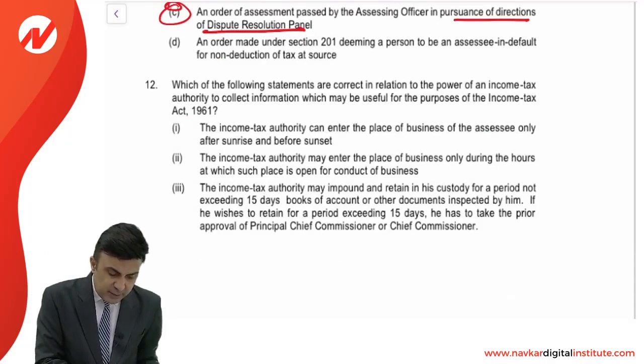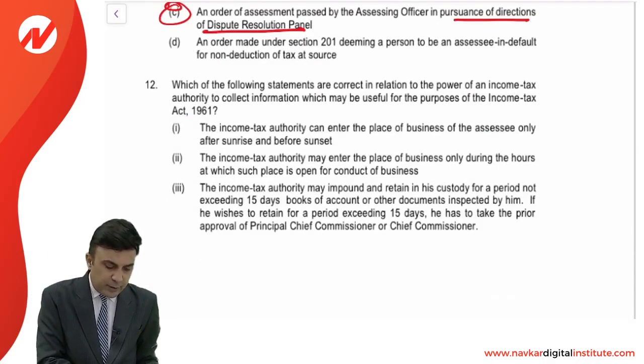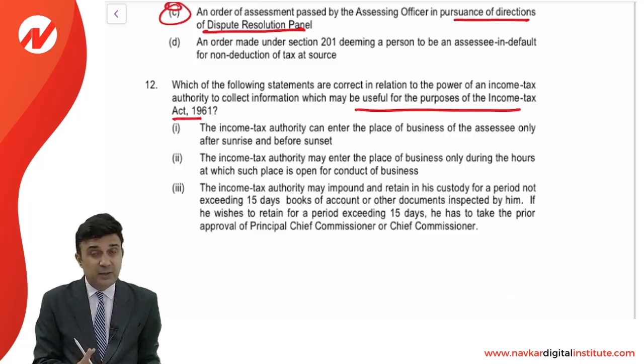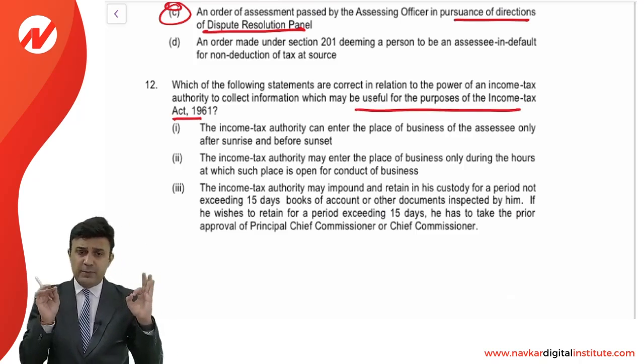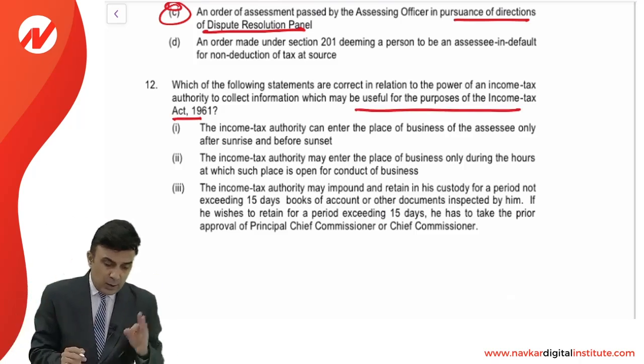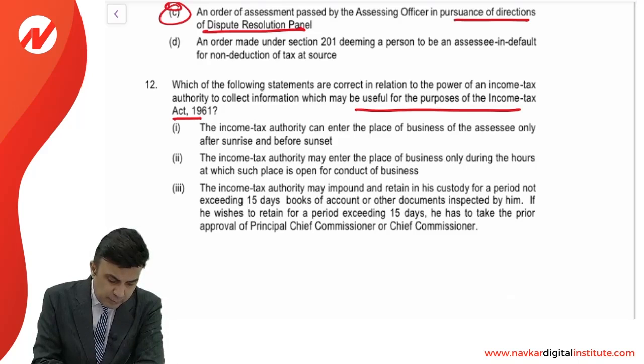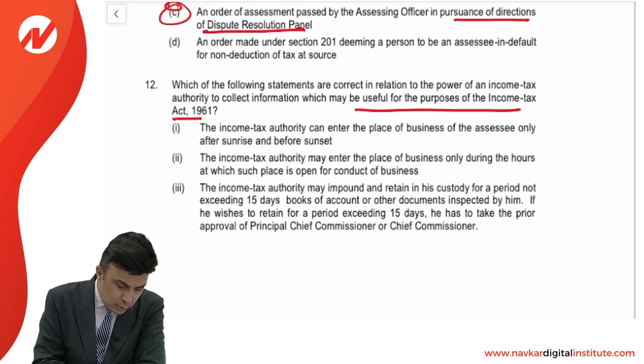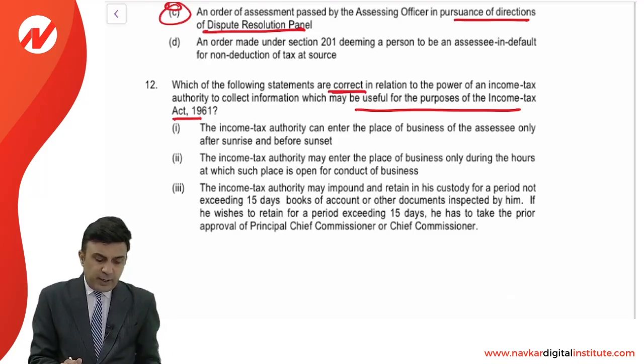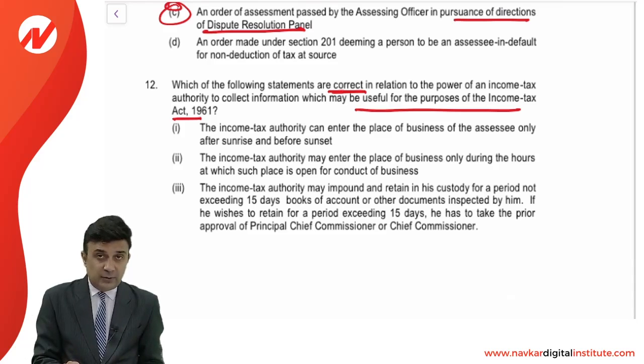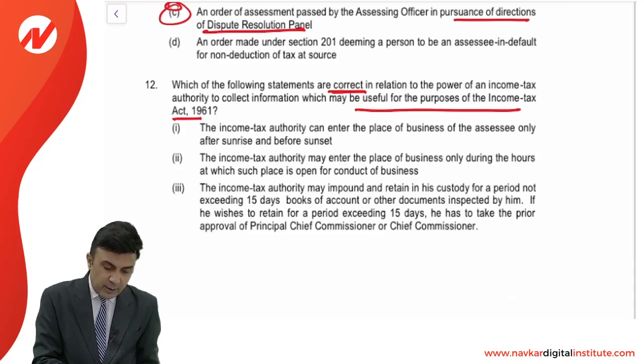Which of the following statements are correct in relation to the power of Income Tax Authority to collect information which may be useful for the purpose of Income Tax Act? See, they are not talking about the search, right? They are not collecting information, maybe survey. The Income Tax Authority can enter into the place. Which of the following statements are correct? Income Tax Authority can enter the place of business of the assessee only after sunrise, before sunset. Okay. The Income Tax Authority may enter the place of business only during the hours at which the place is